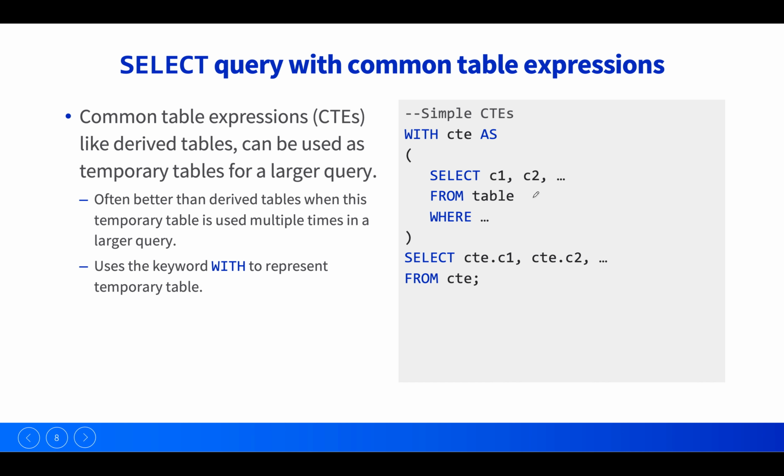Here we instantiate it using the keyword WITH, then the name of the common table expression, then AS, and after that AS, we provide the select statement, the query that we will use as the common table expression. After essentially defining this variable based on this particular expression, we can then use that variable, the CTE,